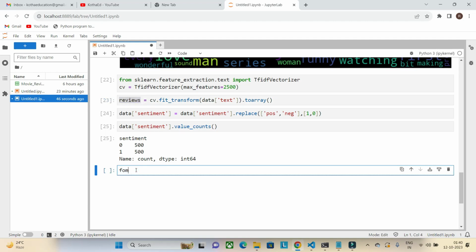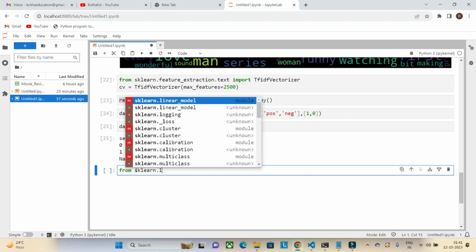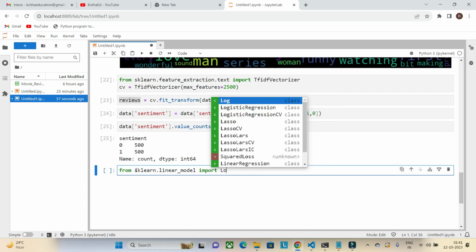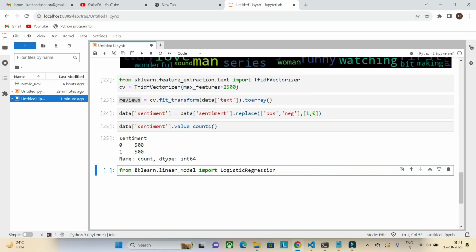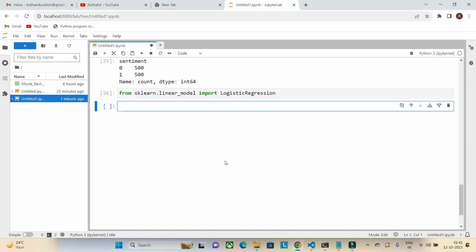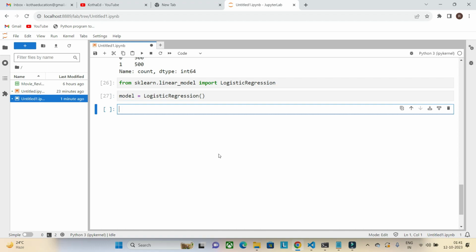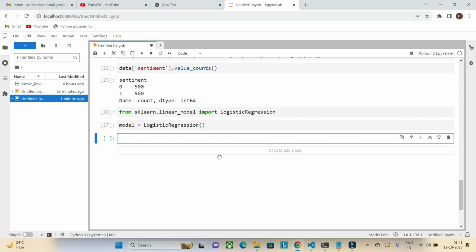Now our data is ready, so let's create a model. From sklearn dot linear model import logistic regression. Importing it, let's create a model. Model is equal to logistic regression model. Now model dot fit with,